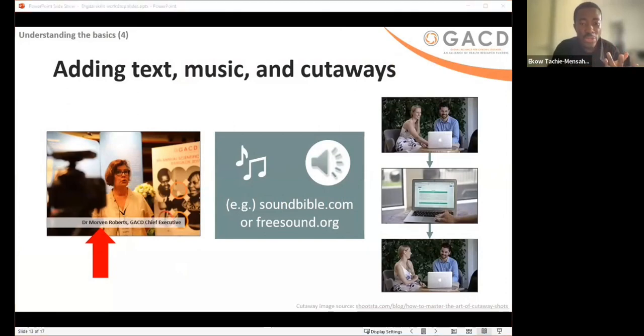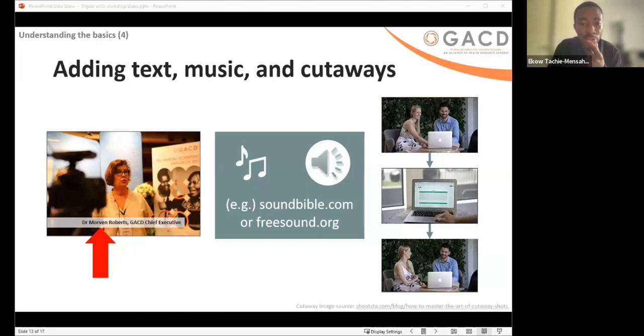So for example, if your video is about healthy eating, you can have a text which says 5 tips for healthier living, and then you put that over there. Or you're introducing a person, you use the text box and then the name of the person appears. I'm sure we've seen it many times. Or just a big introduction, you see the text come up, 5 tips for healthy living, and then the video begins. So adding text is also very important because it helps your viewers understand what the video is about even before they watch it.